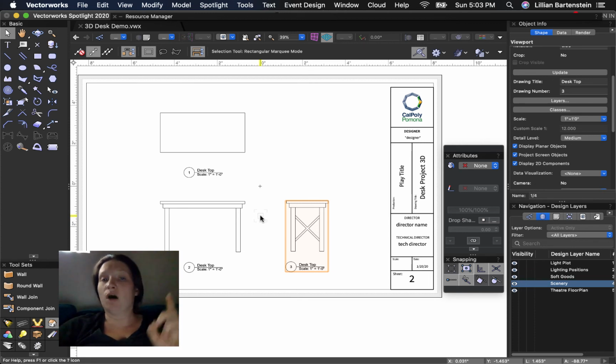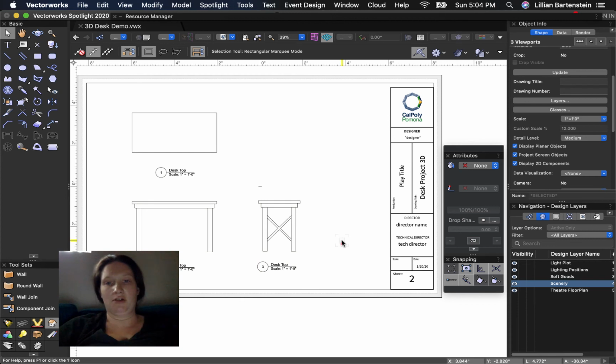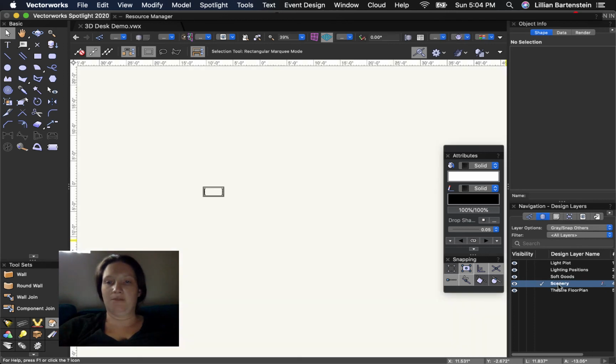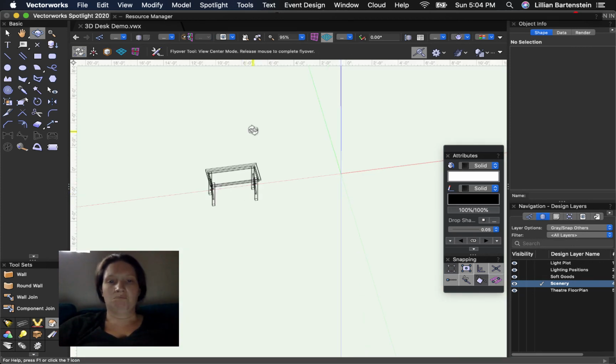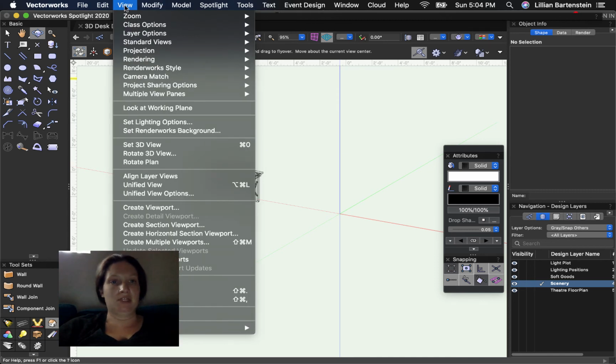Let's actually do one additional viewport just for funsies because we can, because it's a 3D model, to sort of show off the fact that this is a 3D model and not just a regular old piece of drafting. This is how I know you did it actually in 3D and you didn't just copy paste the 2D version when you submit this PDF. And that's going to be to go back into my scenery layer. And I'm going to just Shift C. I'm going to just pop into a cute little 3D move, right? Ooh, cute. That looks nice. Great, we'll take it. And then I will now create this viewport